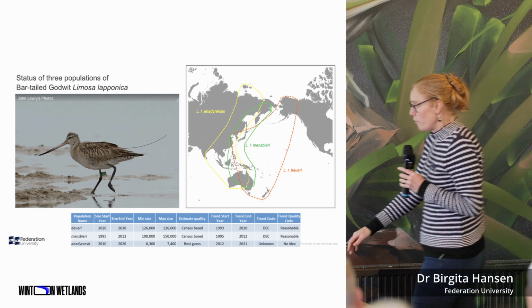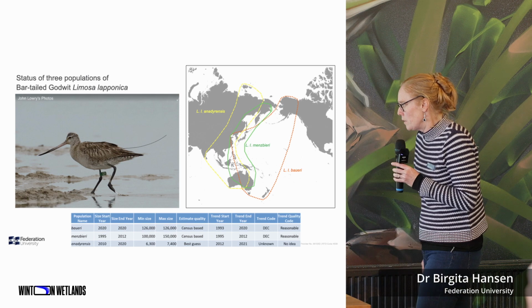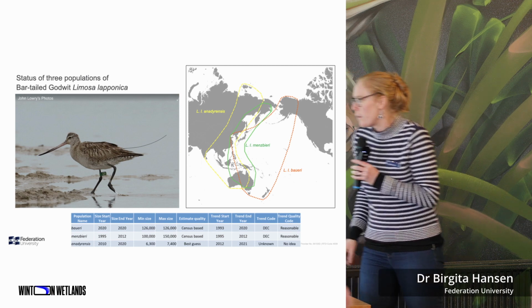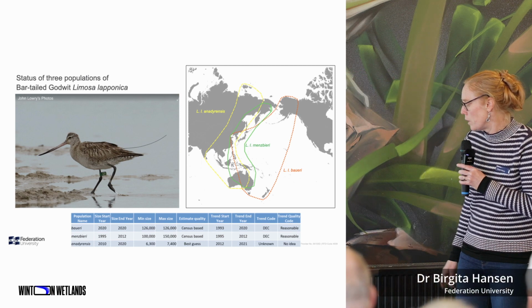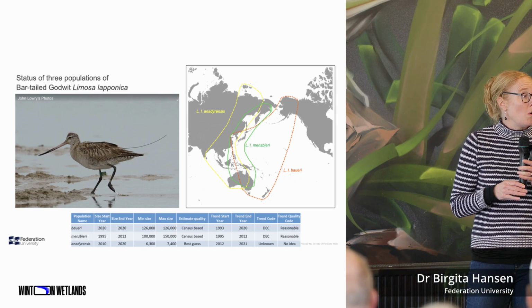And so we've got pretty good information about the 2, bowerii and Mensbieri, from census-based stuff. We really don't know much about that 3rd subspecies, and that's reflected in the trends. Both of these are declining. We don't know what's going on with the 3rd subspecies. That's probably also declining. And bar-tailed godwit's one of the ones that's been subjected to